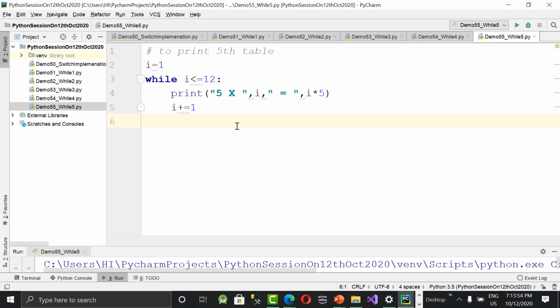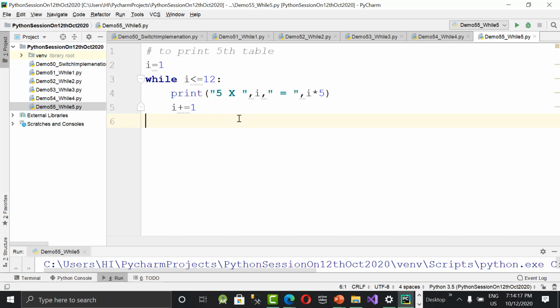Like taking a number and printing the sum of digits. Suppose I give 1 2 3, you need to print 1 plus 2 plus 3 as 6. Reverse number means 1 2 3 should print 3 2 1. We can do all these logical programs using a while loop.